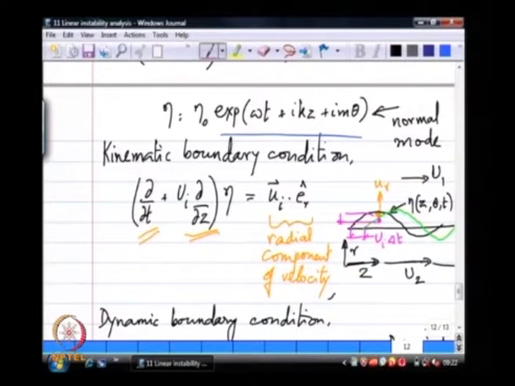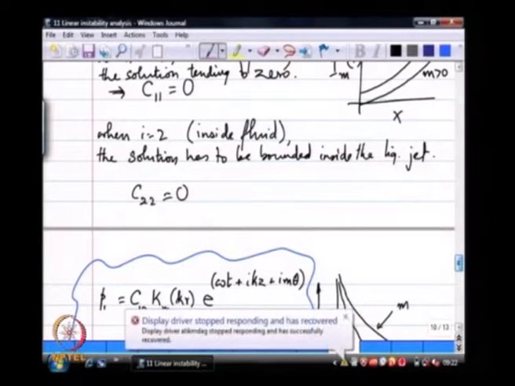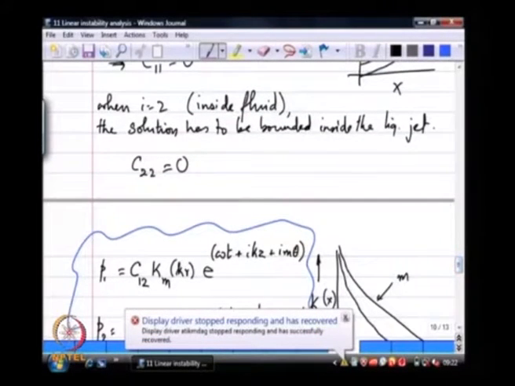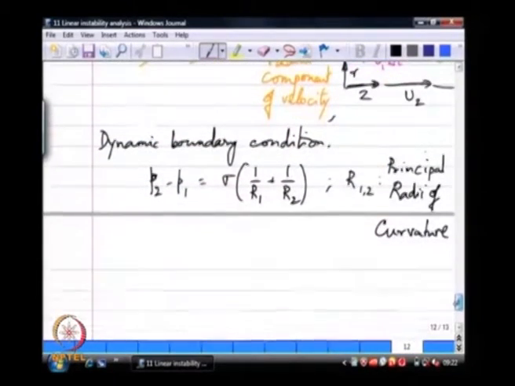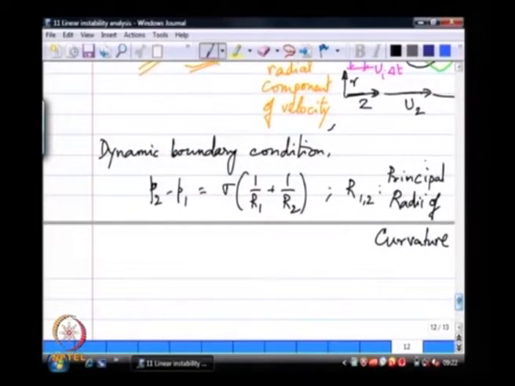Okay. So, we are going to have to write something like this time and again every time we do a linear instability analysis of any kind of a problem. So, we need to understand where this comes about, what is the physical significance of this, and just to make sure that we are able to make sense of it. Okay. The second set of boundary conditions are what we call the dynamic boundary conditions.